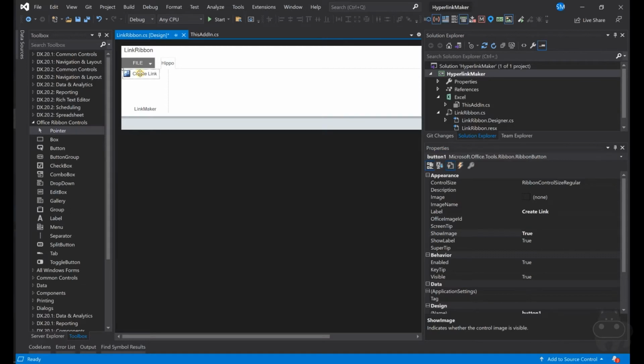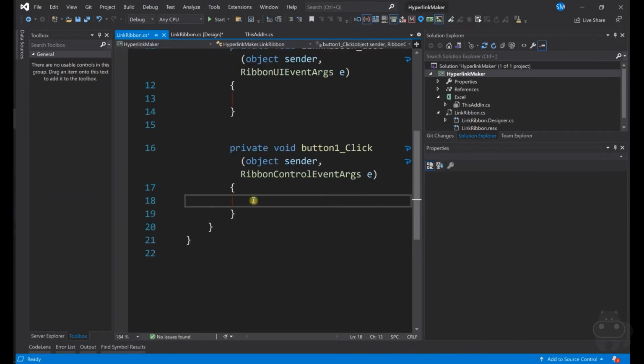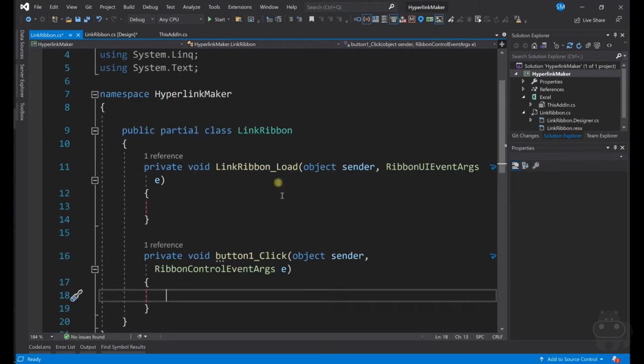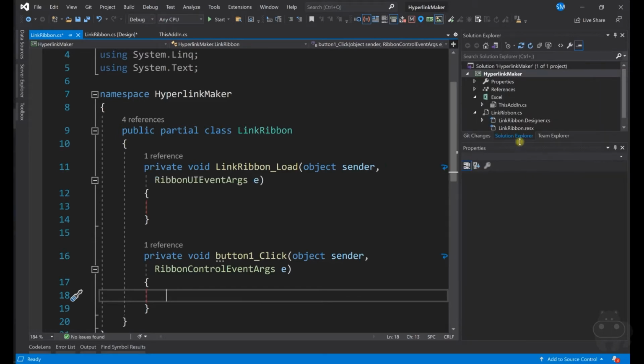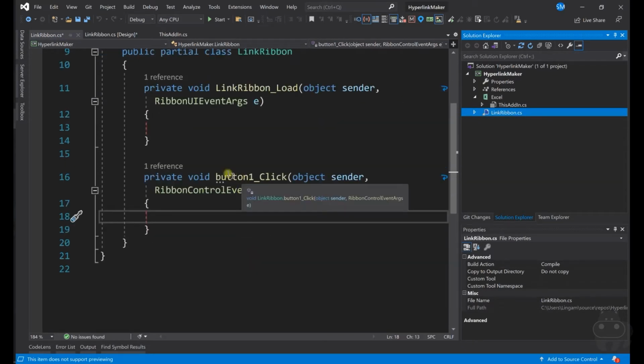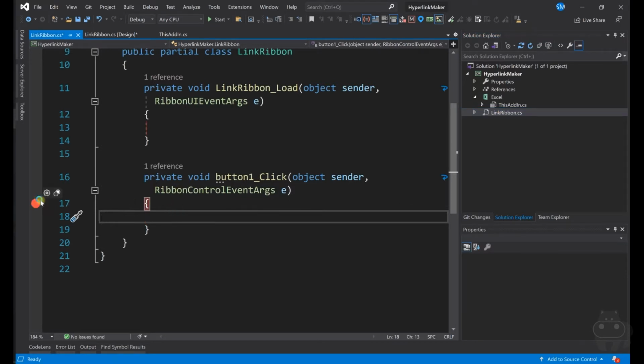So now we have a click, double click on that, and it should be coming here. So you have a link ribbon, which is the ribbon that you created, and inside the ribbon you have a button, and you call it button 1 basically, and you click that, you will be coming to this place.